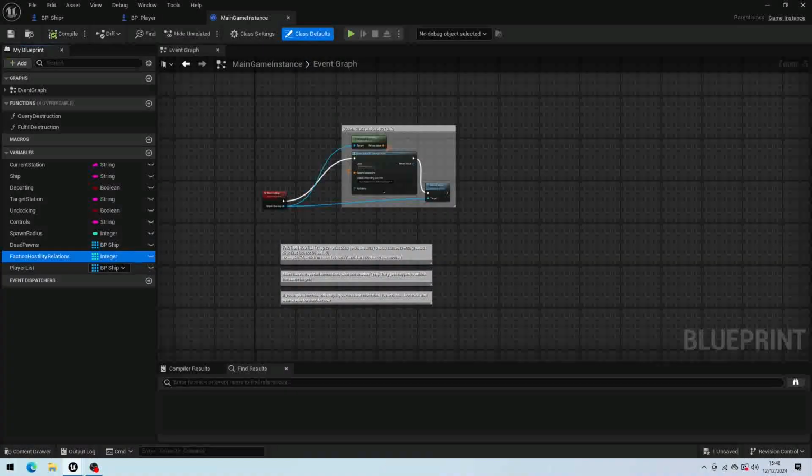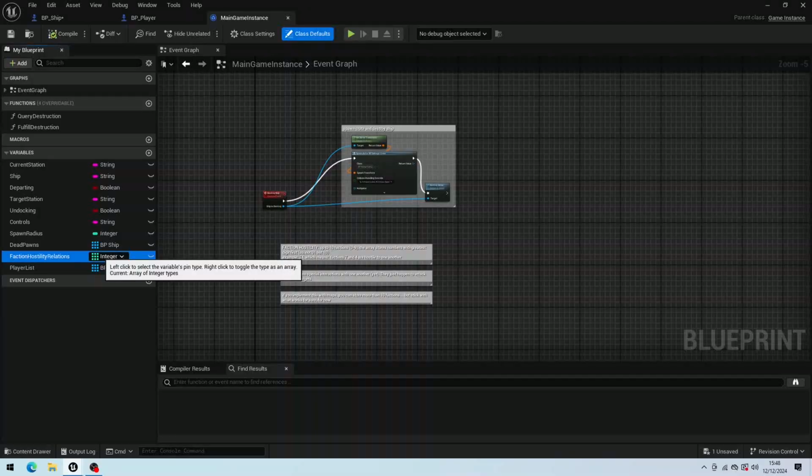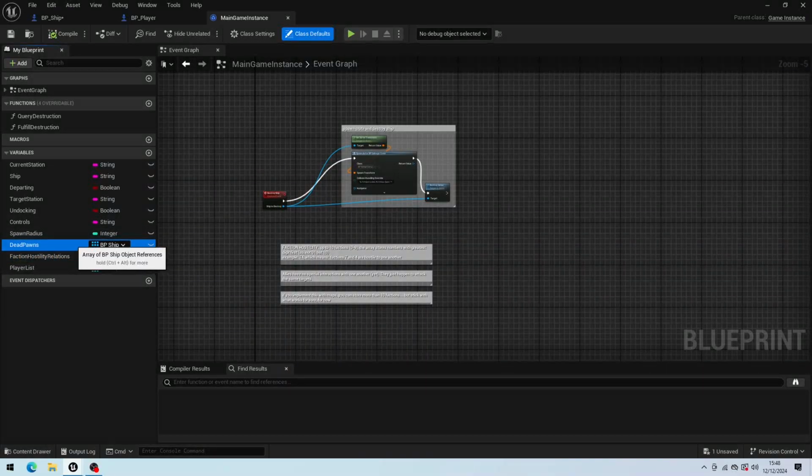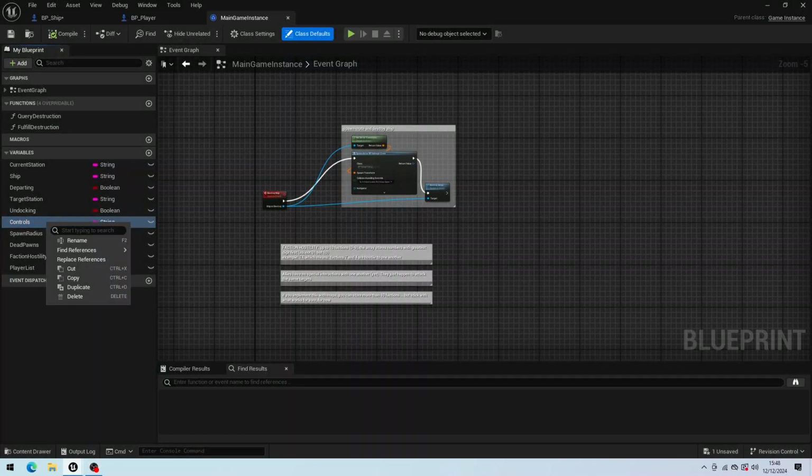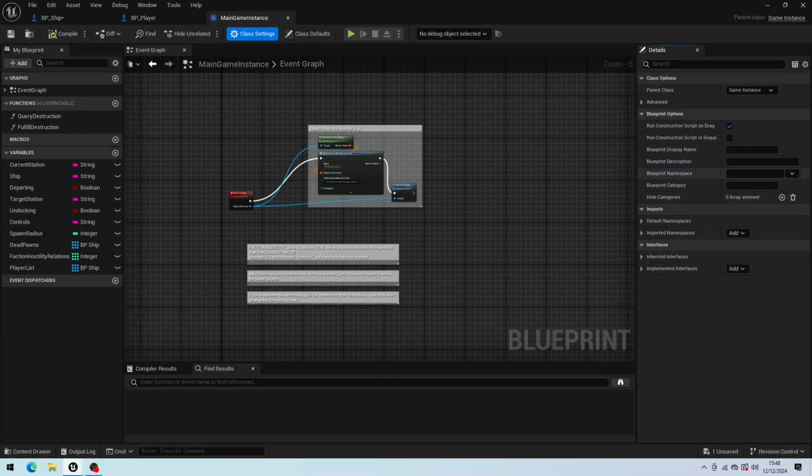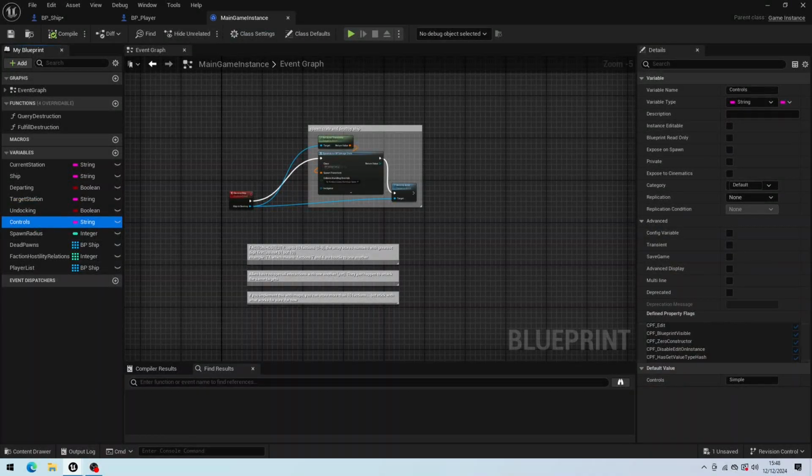You can see that we've got player faction hostility relations, dead pawns. This is used in order to update the radar controls. Where was it? Hold on, I forgot how to use this stuff. Here we go. So controls from simple,